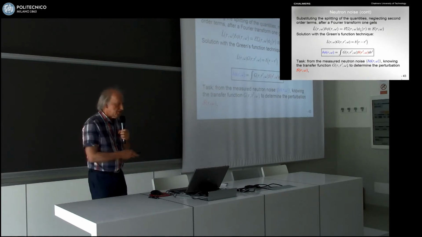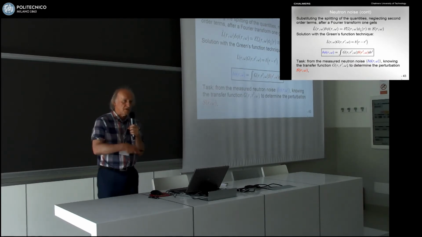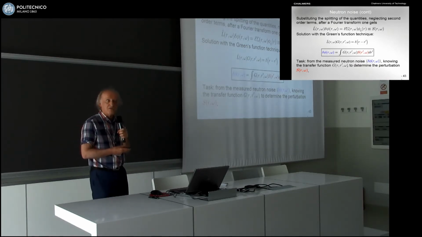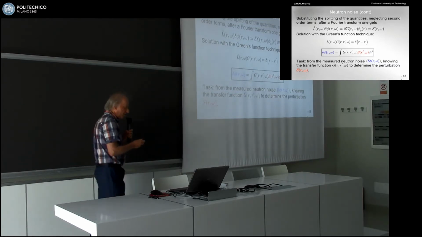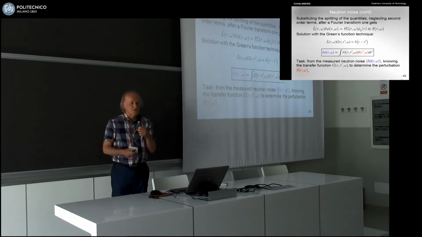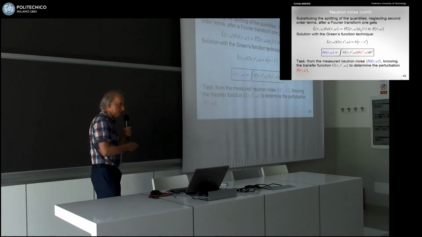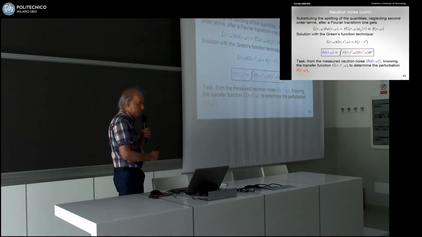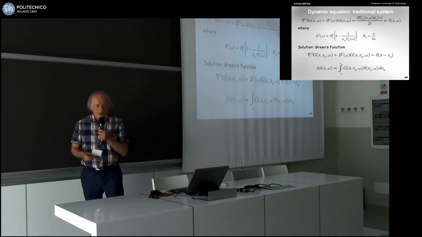Because if a mathematician looks at that, it's a Fredholm integral equation. If the kernel is bounded, then there is a unique solution. Yes, if you know the functions at all points of space. We don't know that. We have only a few detector positions, and that's when the ingenuity comes in. You have to assume a form of the perturbation which only has a few parameters, and then you can guess those few parameters, like the position of a localized perturbation. So I just tried to give some illustration of how it is